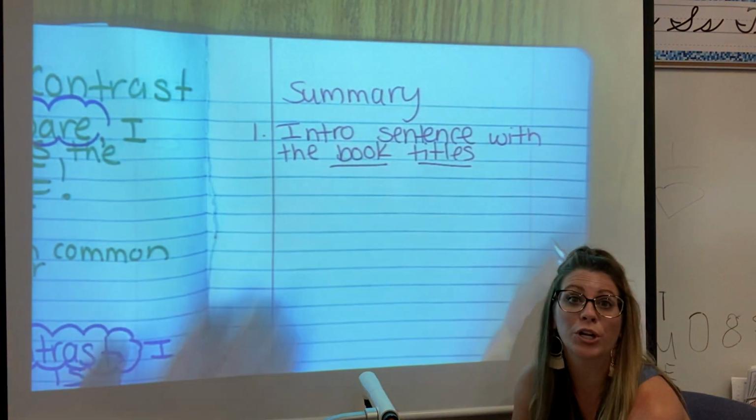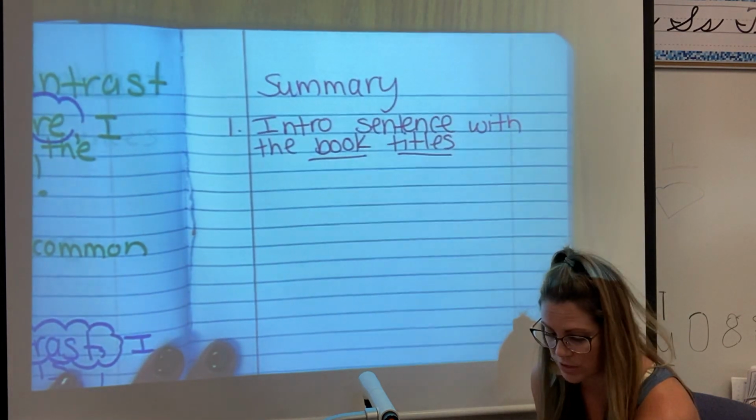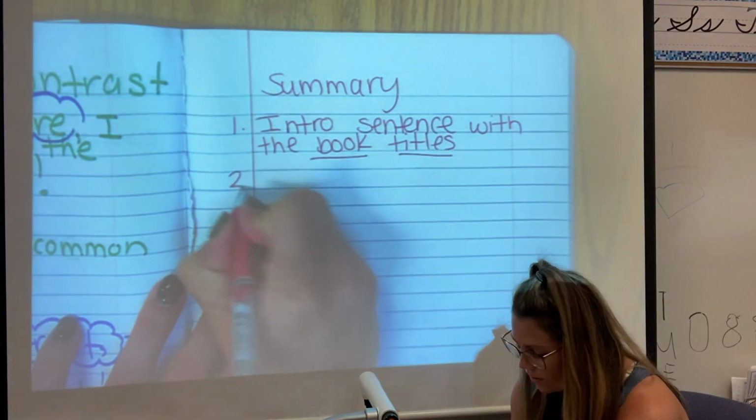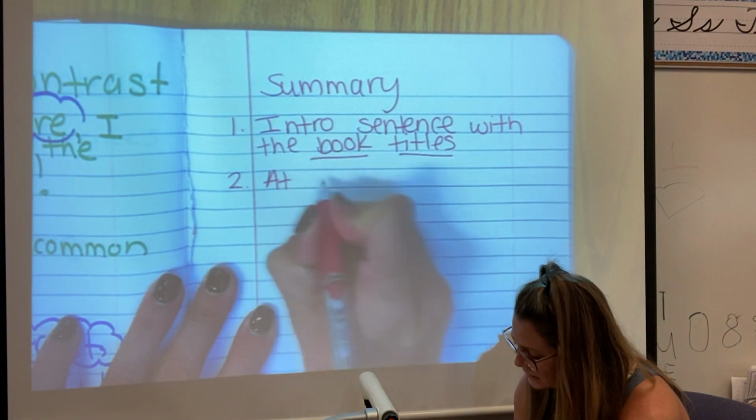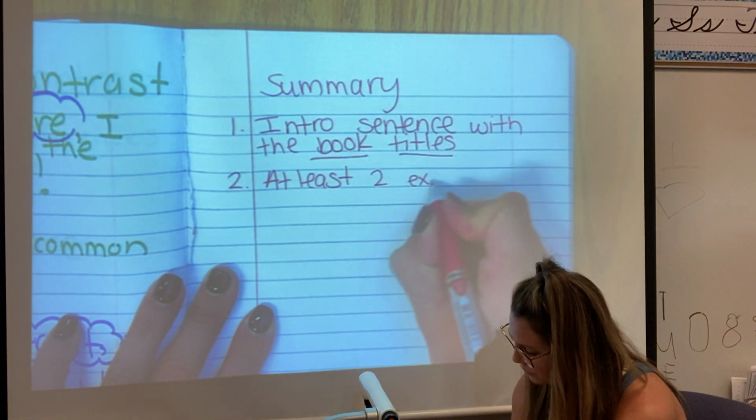Okay, and again, we're going to do one together so you will understand what I mean after we take our notes. So then what's next? Well, you need to have at least 2 examples